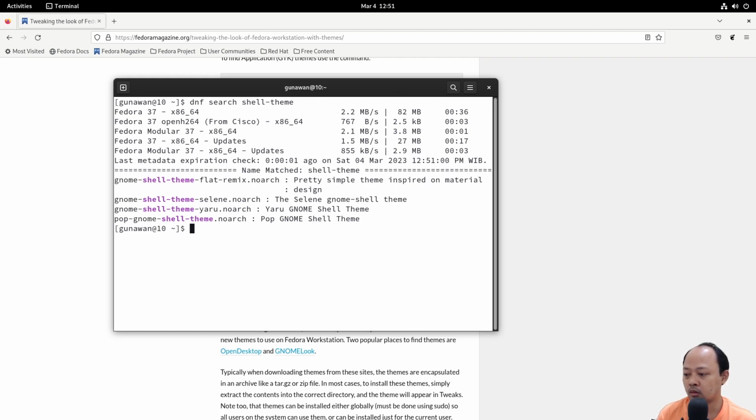As we can see here, there are only a few shell themes provided by Fedora. I think it's about compatibility reasons. I will try this one. Sudo dnf install.